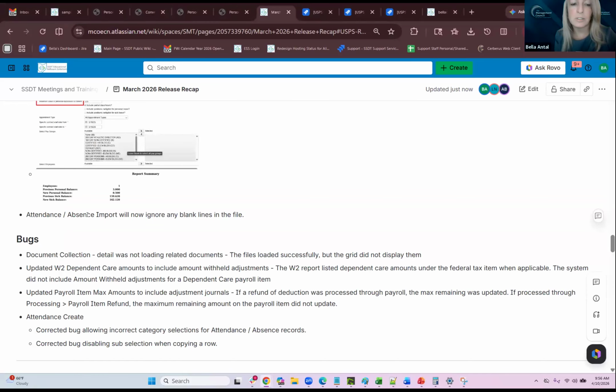It happened under the attendance absence import, and I think it was also done under another UI. I think it was the payroll item loads. And if you encounter any issues where the loads are taking a long time, I definitely recommend checking their files in Notepad++, because this was addressed for attendance specifically, but any type of platform that allows mass loads might need